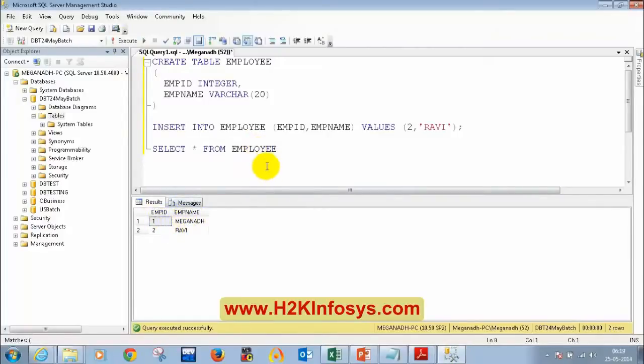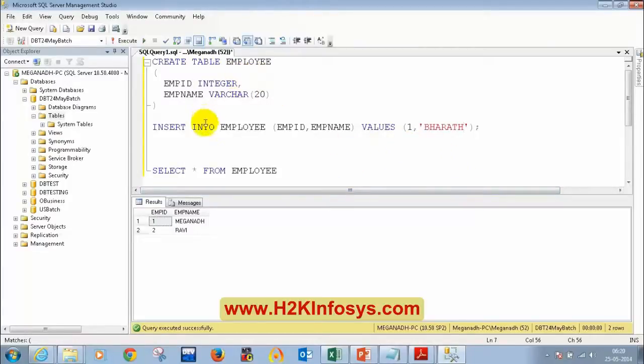Okay, now I have not used any primary key or anything. So if I try to insert employee ID 1 again, let me try to insert employee ID 1 with name Bharat. This is the disadvantage of not having primary keys.